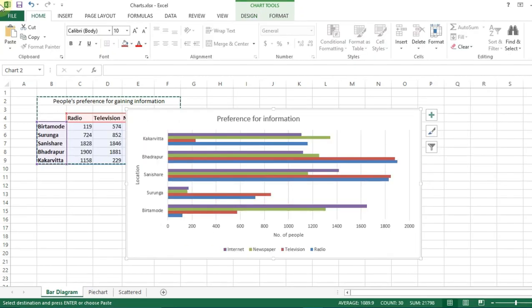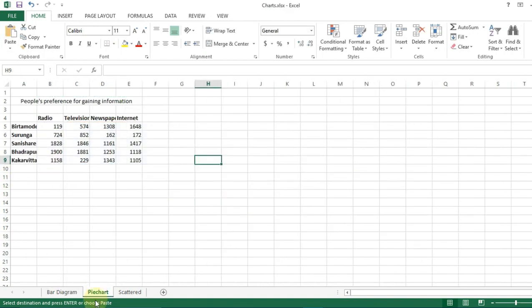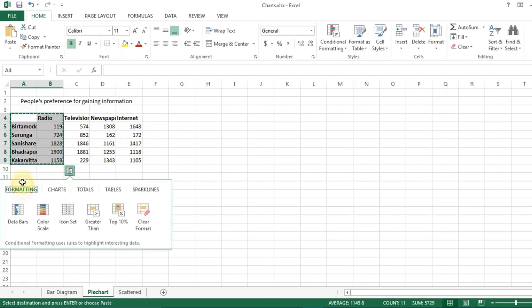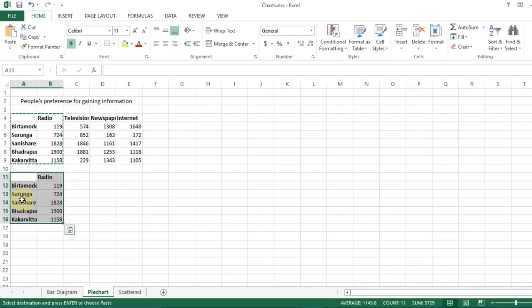Now let's see how we can insert a pie chart. So let us head to this worksheet pie chart. Now for constructing pie chart, we need to separate the data and we need to prepare an individual pie chart for different kinds of data. For example, let us separate the radio,